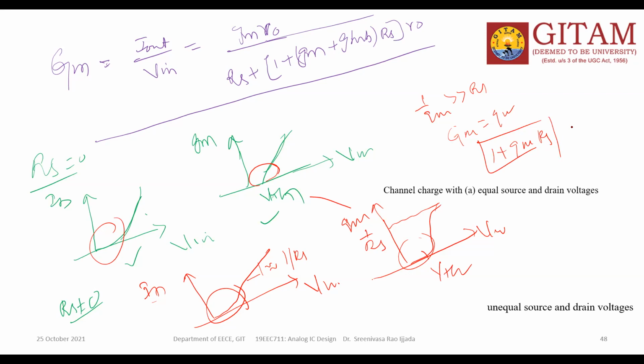For large values of V in, ID is a linear function of V in, and so GM is equal to 1 by RS. So finally, my conclusion is that my current equation is a linear function of the input voltage and capital GM. That is my requirement. Finally, I need to conclude that I need more linearity, which directly depends on that. There are no scaling terms or square roots.